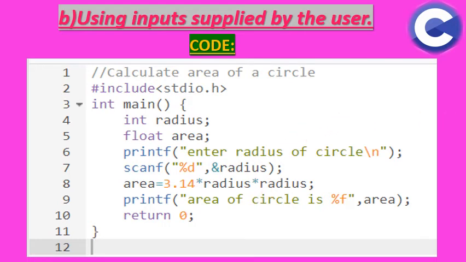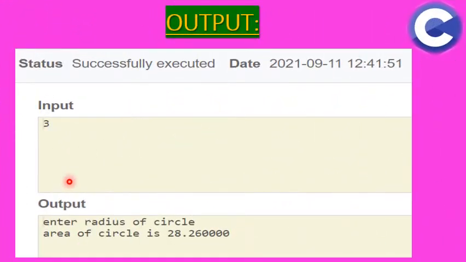Now we are going to see the output. So the output is, here: Enter the radius of a circle. After that I have used \n, the escape sequence character, which automatically moved my cursor to the next line. So here the input I gave was 3 as the radius. Now the area of the circle is 28.260000. So this area was 3.14 into r, that is 3.14 into 3 into 3.